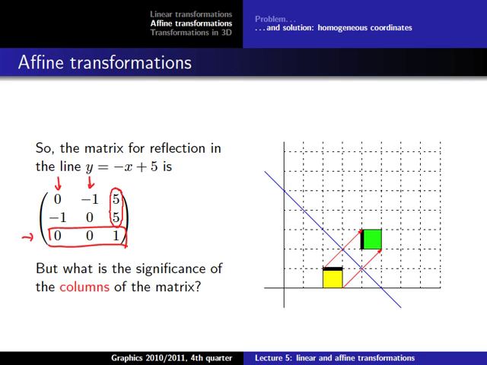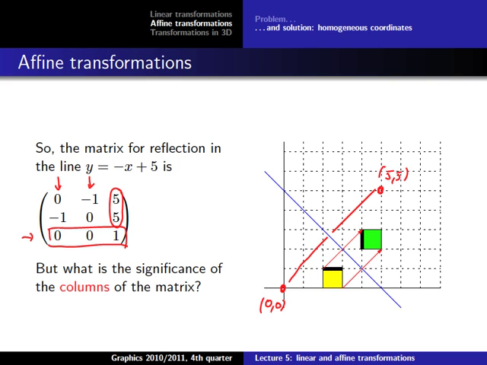So the interesting question is now, how do we get these two values here? What do they represent? And if we look at the image, we see that the point 5, 5 is here. 5, 5. That is exactly the image of the origin under the affine transformation. So this is the affine transformation, and then I create the image of it. And these are exactly the two values we need here. I will not prove this, so you just have to believe me, but this is an easy way to find